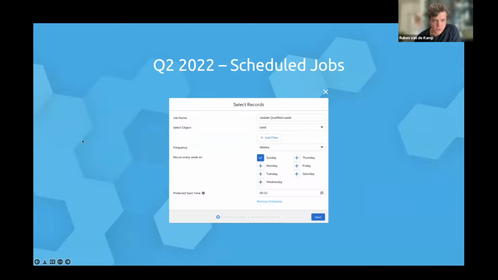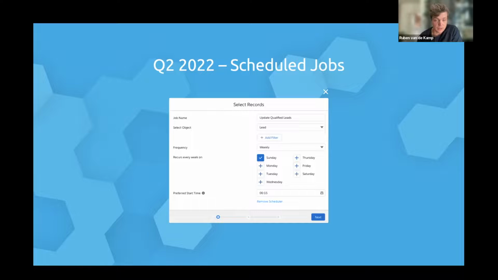So we are currently working on the ability to create scheduled jobs. We just saw the DEP job, right, in which we can configure a job and run it right away. But we want to add the opportunity to schedule these jobs. For example, to run them daily or weekly or monthly, or via a custom cron job that you insert. And this unlocks like massive value in Salesforce. For example,